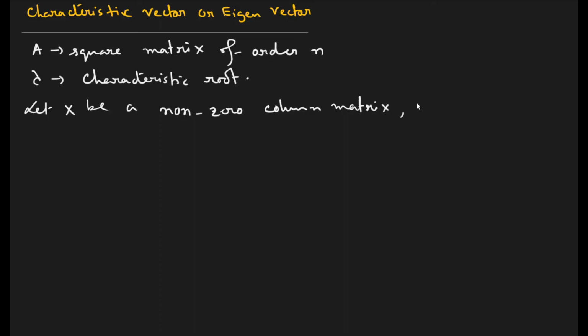Of this particular type. See, suppose capital X equals x1, x2, then dot dot dot, xn. Why n? Because the order is n here. So if it is a 2 by 2 matrix, then capital X will take only two elements, x1 and x2. If it is a 3 by 3 matrix, then capital X will take three elements, x1, x2 and x3, but within one column. Okay, so capital A is a square matrix, lambda is the characteristic root, and capital X is a column matrix such that